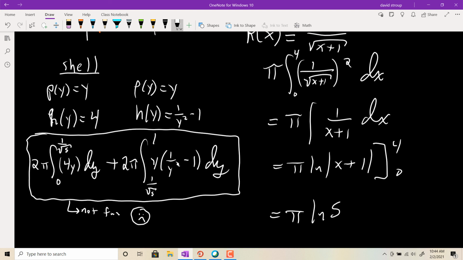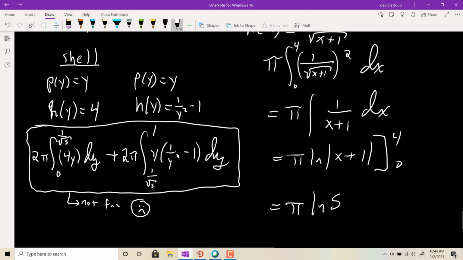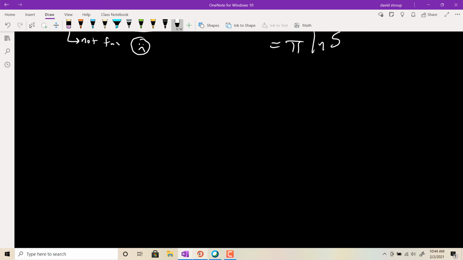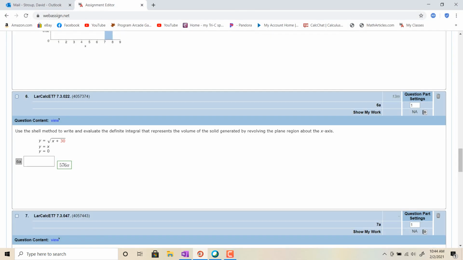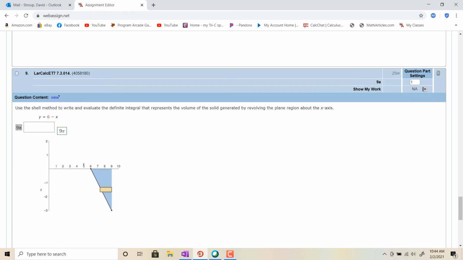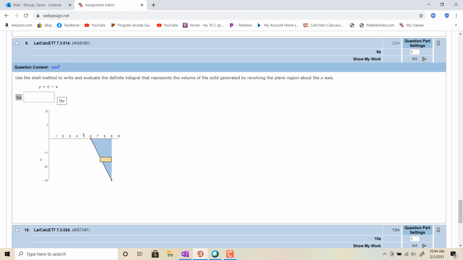Okay, let's look at one of the problems in WebAssign. There's this torus problem I wanted to look at. Oh, this one's kind of weird down here, number 9, where you have y equals 6 minus x. The radius function actually needs to be negative